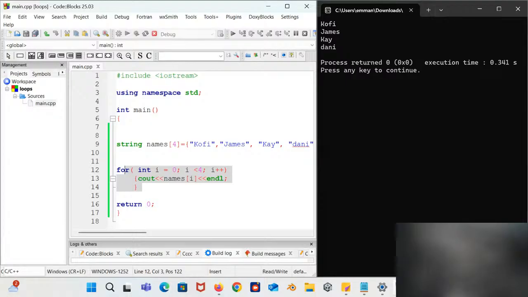So the thing is that each of them has a different syntax. A for loop has a different syntax and a while loop has a different syntax. You can use them to solve the same problem, just that it is advised to use the for loop when you know the number of times, because of complexity issues. When you say complexity, you have the time and the space complexity, basically how fast your program is running. If I know that I'm going to print 10 times, why don't I just indicate that 10 times? And why would I compare against a condition, which is going to delay how fast my program is going to execute?